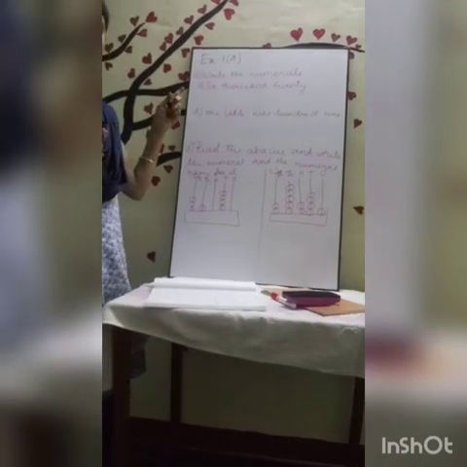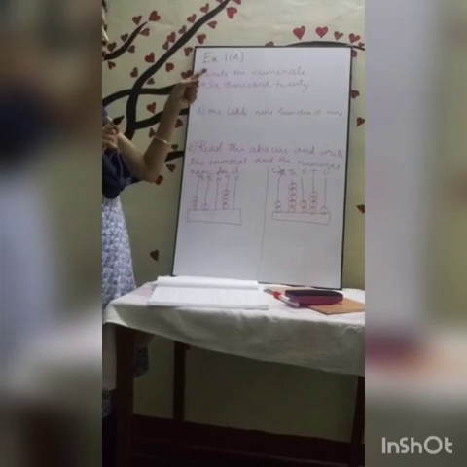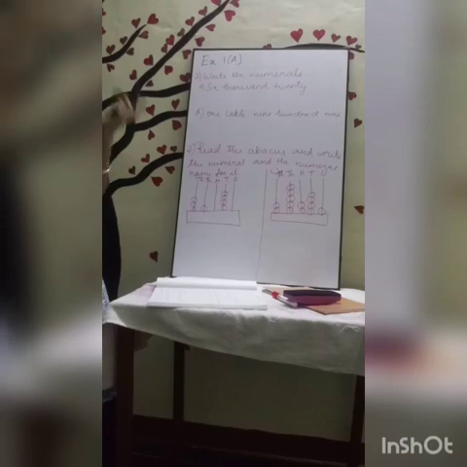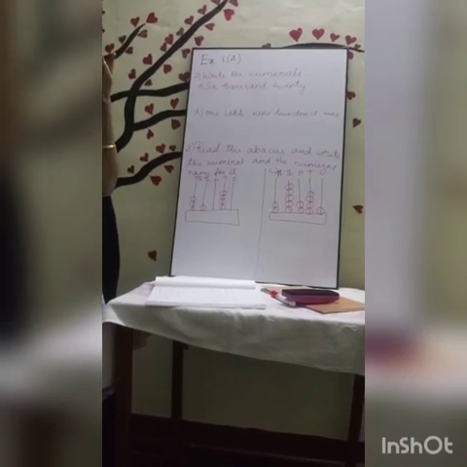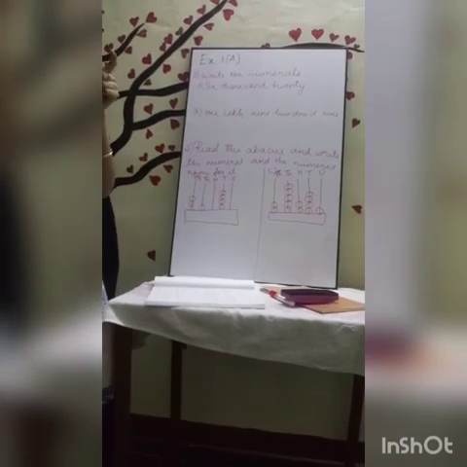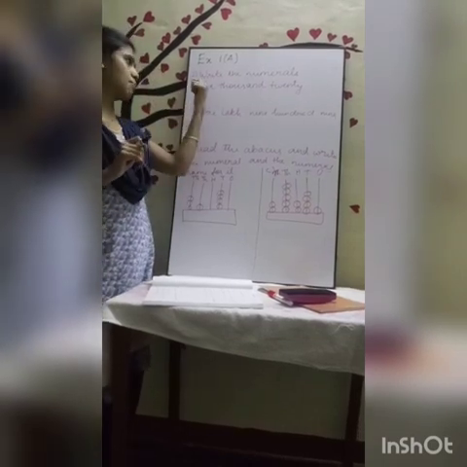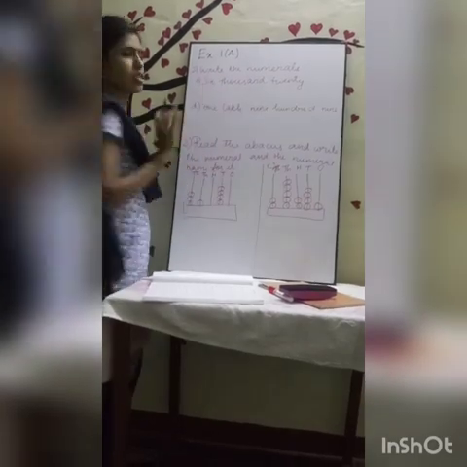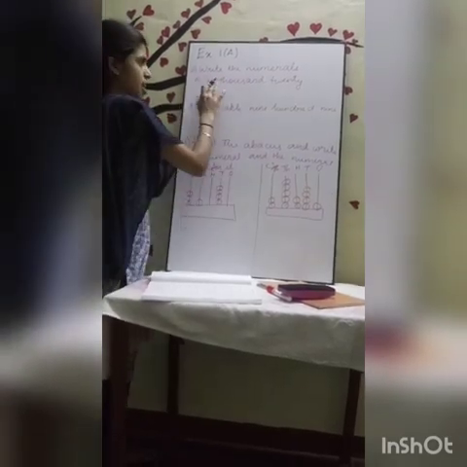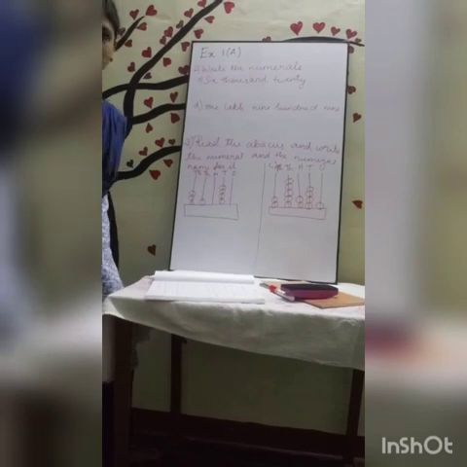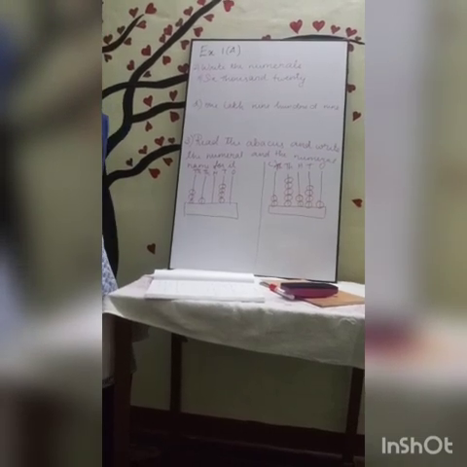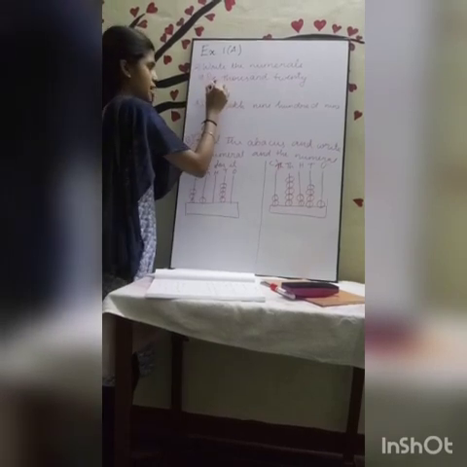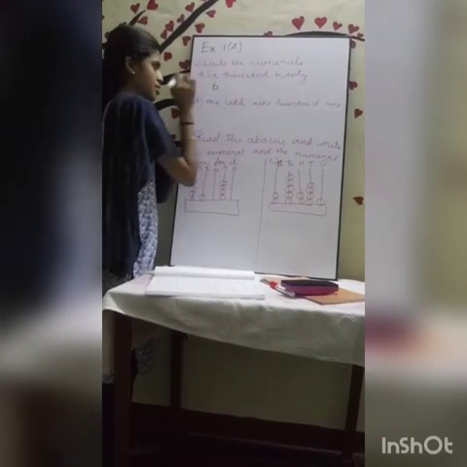See, this is your second question. Actually, we are going to write the numerals for the number names. In the previous question, what have we done? They gave you the numeral, you had to write the number name. Here, the number name is given, you have to write the numeral. Okay? See, the first number name is six thousand twenty. For that number name, you are going to write the numerals. So it starts from 1,000, so I am writing 6,000.